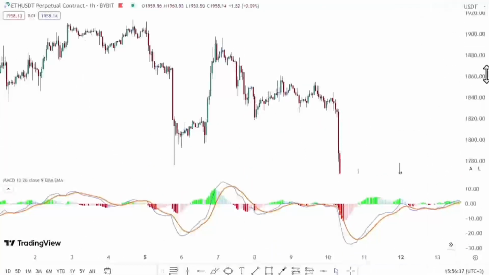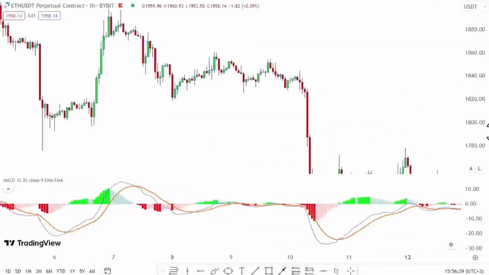Let me show you why it's a bad idea to use the MACD alone. Here we can see that the overall market is in a downtrend. However, the MACD is crossing over upwards. The MACD is indicating a bullish momentum, but the market is in a downtrend. This is exactly why you should not use the MACD by itself, because what the MACD is showing us is